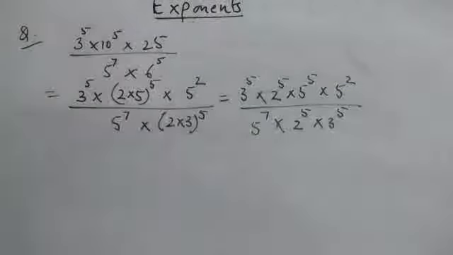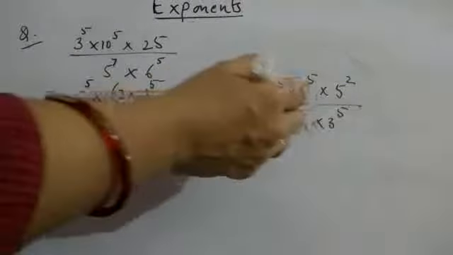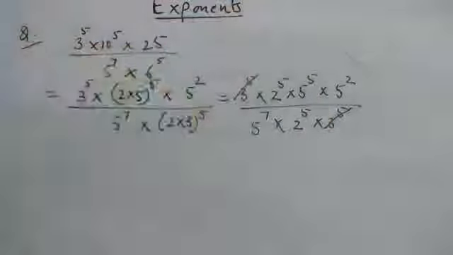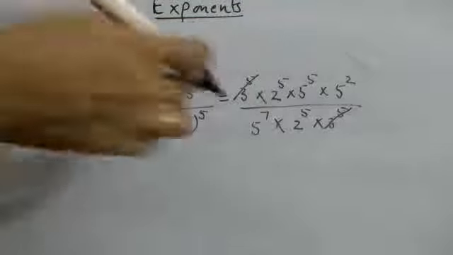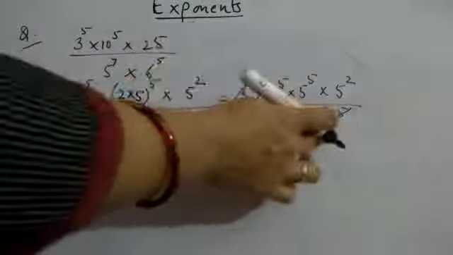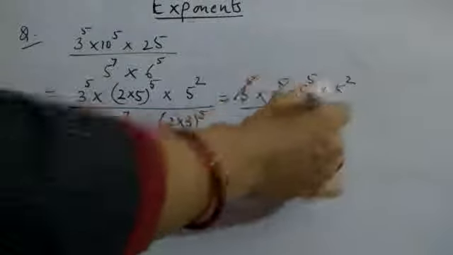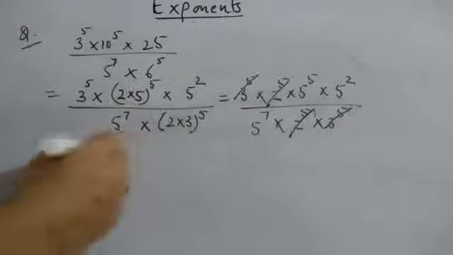Okay. Now see if something can be cancelled. Yes, 3 to the power 5 and 3 to the power 5 can be cancelled. If in another way you want to, the log can also be used. 3 to the power 5 over 3 to the power 5, base same, so powers will be subtracted. 5 minus 5 and 3 to the power 0 gives you 1. 2 power 5 will also cancel.